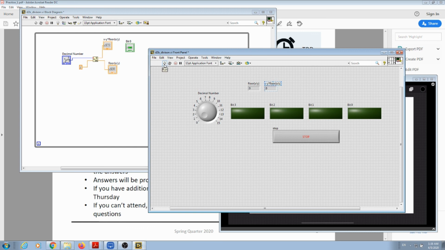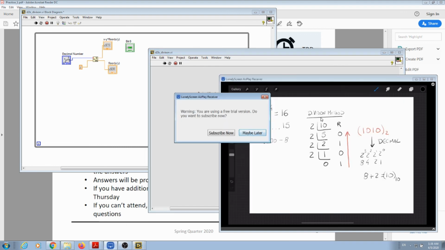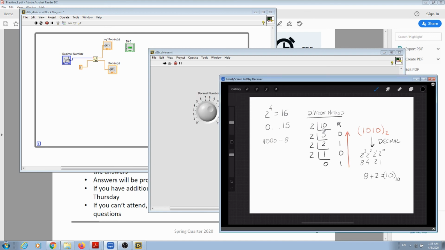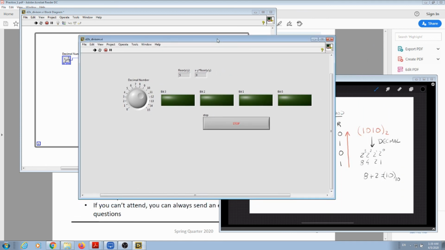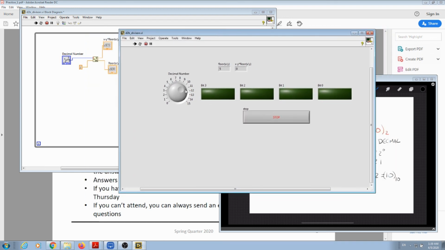And let's press play, and let's put our 10, it's our number. If I do 10, I'm doing exactly this division over here. 10 divided by 2 gives me 5 and a remainder of 0. That's what we have here. So your 10 divided by these 2 gives me 5, so 5 is coming out of there, and the remainder